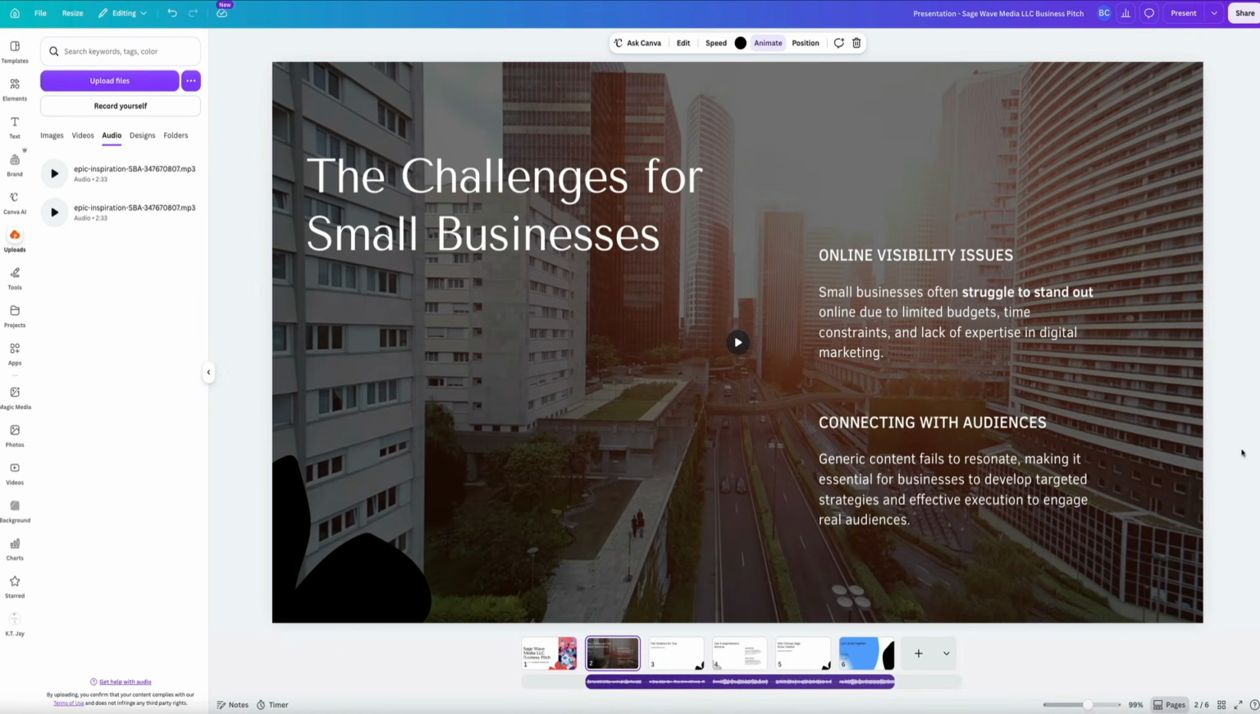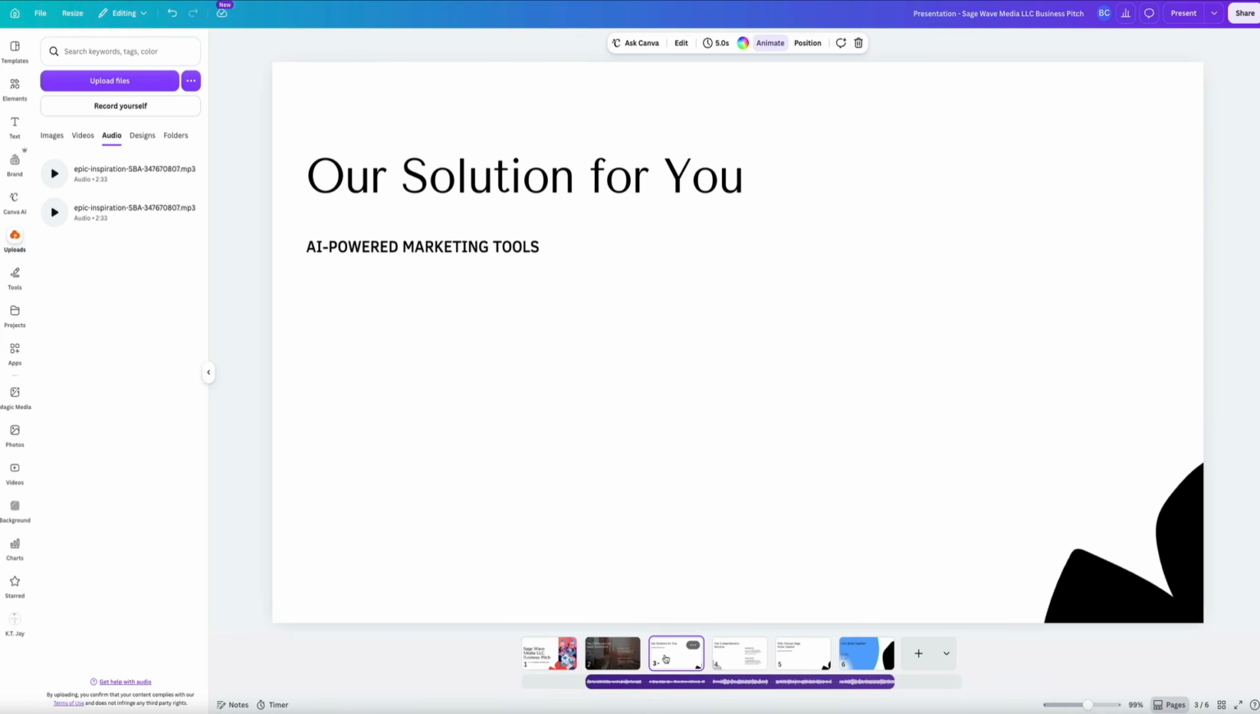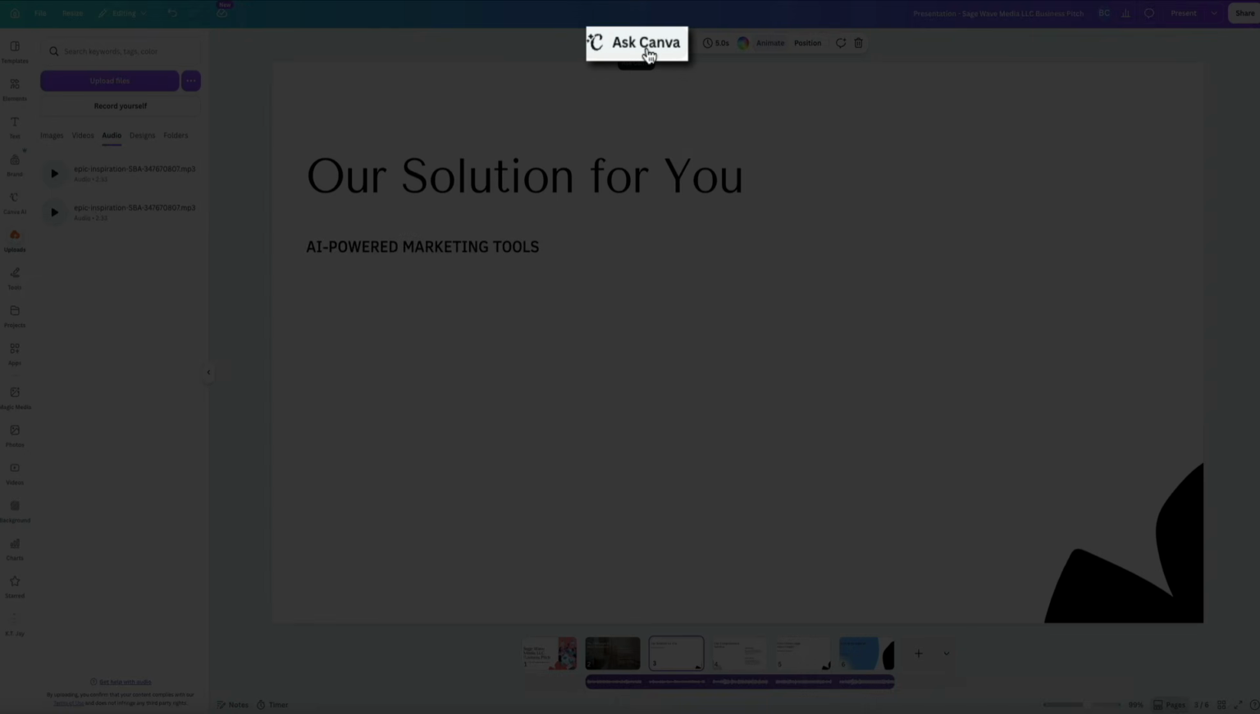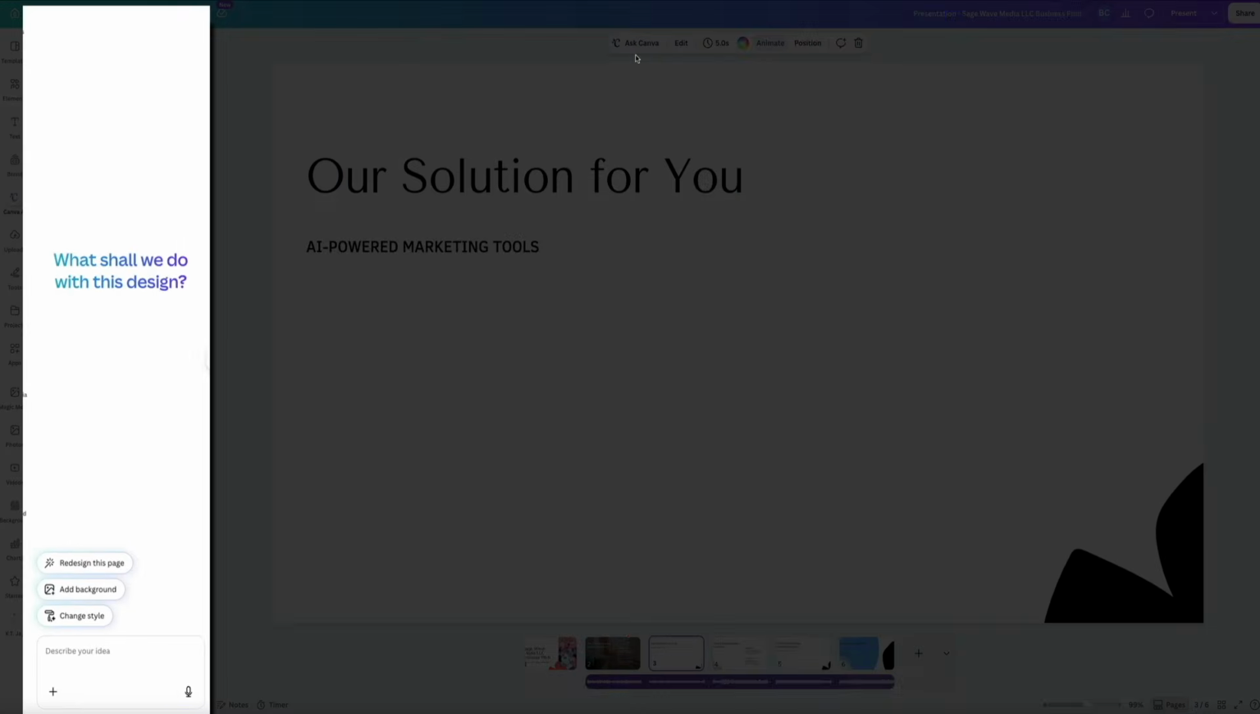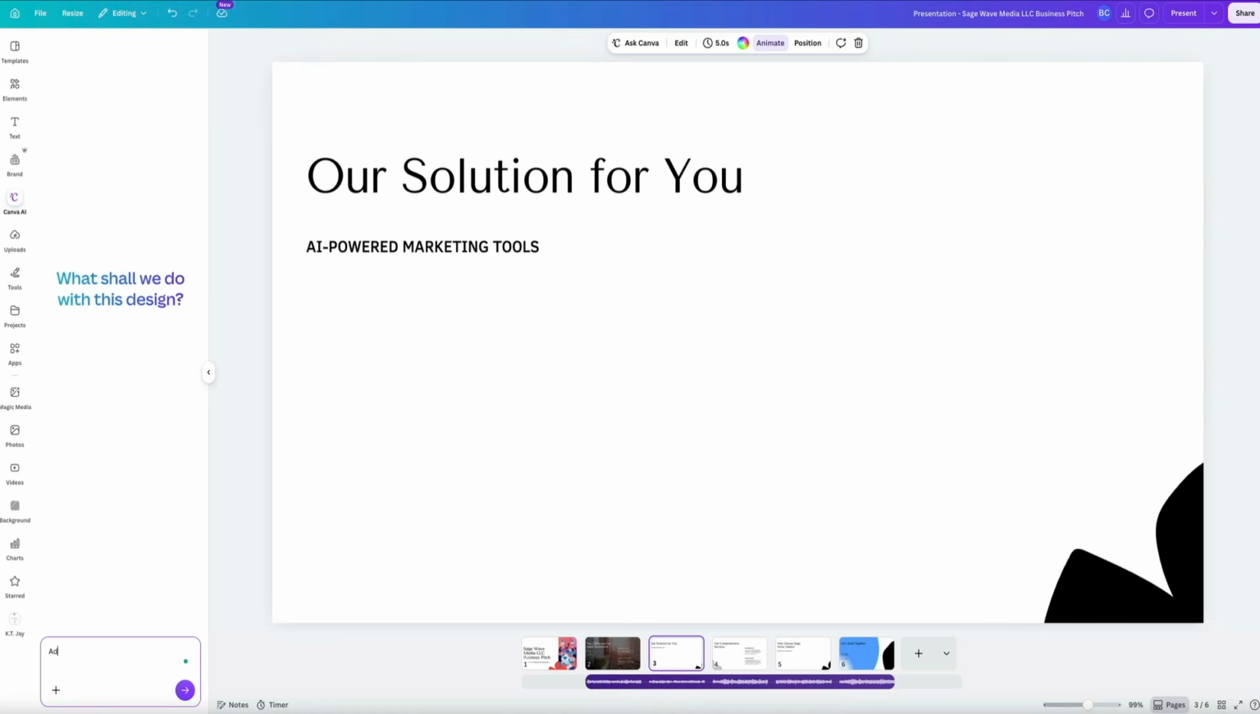All right, next, let's talk about the slides that came through light on copy. This is where Canva's built-in AI really saves the day. So navigate to one of the slides that's missing content, then click Ask Canva in the toolbar at the top, and a panel will open on the left with options including to redesign the page, add background, and change the style. But then if you look at the bottom, there's also a text field where you could describe what you